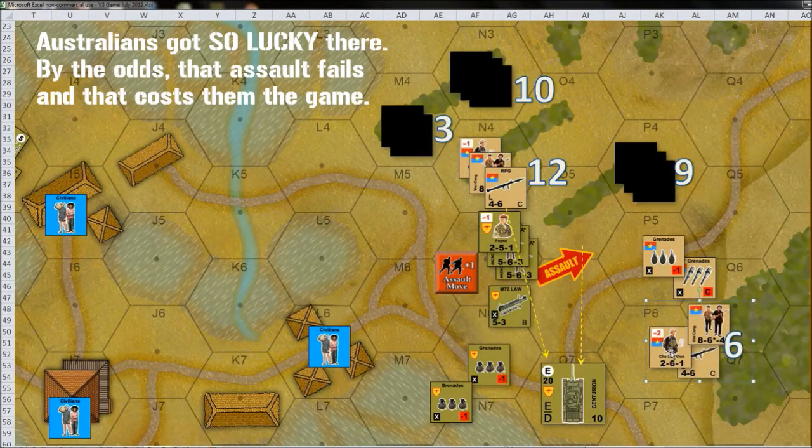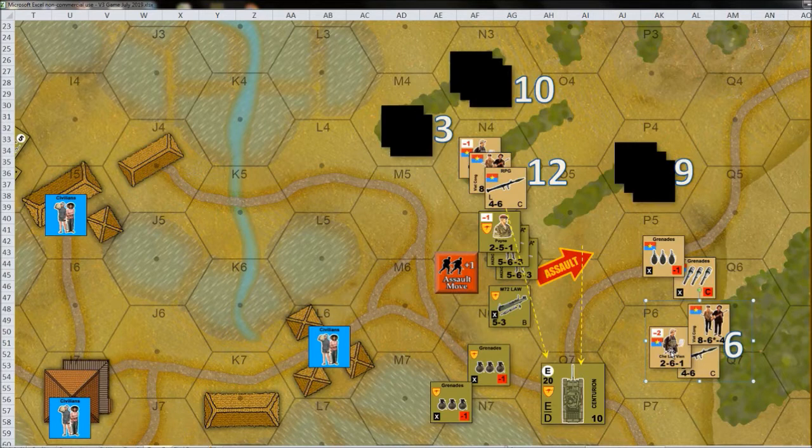Alright. Oh, I was in so much trouble. Yeah, you were. The dice smiled on you there. Alright. You do automatically win the assault. Those units are destroyed, which means 2 VC